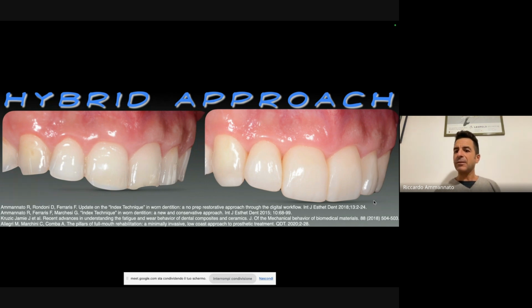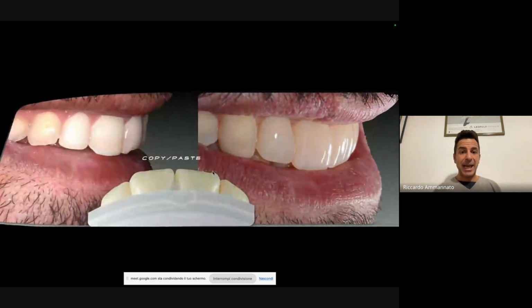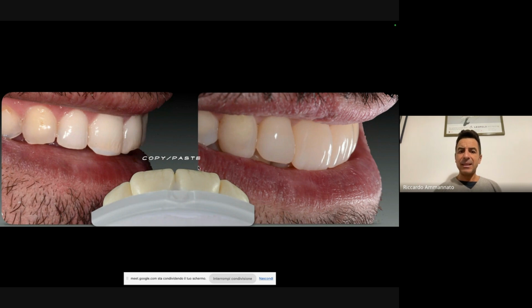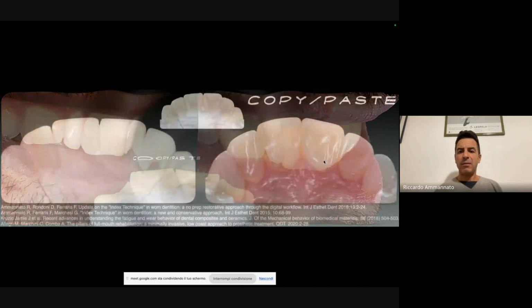So from lateral to lateral, again, this molding approach through the index technique, no prep situation, while a short bevel, the fine 45 degrees, for the canines that has the tip in glass ceramic, and all it's wrapping up also on the palatal side, in order to have the new static and then the new dynamic through the canine guidance. We see here some details concerning not only the shape, the copy paste of the shape, but also the copy paste of the texture, which is also very, very important.